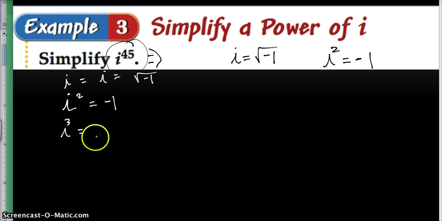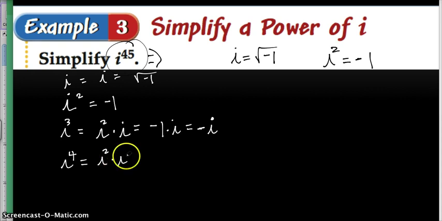Recognize that i to the 3rd power from our rules of exponents can be written as i squared times i. If that's the case, i squared is -1. I can write that as -1 times i. -1 times i is just going to be -i. Let's hold on to that thought. Let's look at i to the 4th power. If we look at i to the 4th power, we end up with i squared times i squared, right? Rules of exponents, i to the 2nd power times i to the 2nd power is simply i to the 4th power. Remember what i squared is? It's -1. So I have -1 times -1. And when I multiply those guys together, I end up with a +1. Let's review what we just did. i to the first power